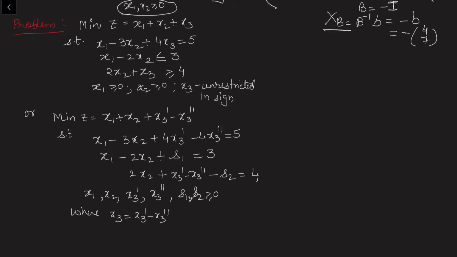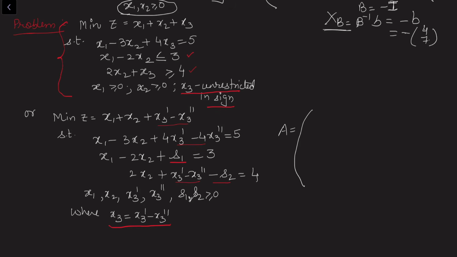In the third problem, we can see that this is the given problem, minimization, and here the x3 decision variable is unrestricted in sign. So first we need to convert this into standard form. So I have written x3 as x3 dash minus x3 double dash and rewritten this in the problem. So once we have rewritten this, we also add slack and surplus variables. So in the second constraint, we have added a slack variable. In the third constraint, we have added a surplus variable. And with this, now we construct the coefficient matrix.